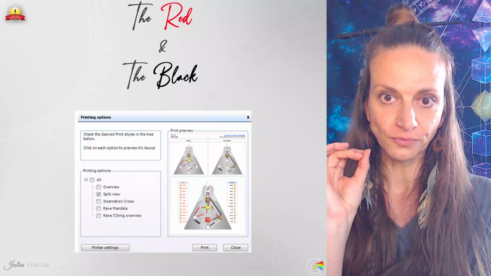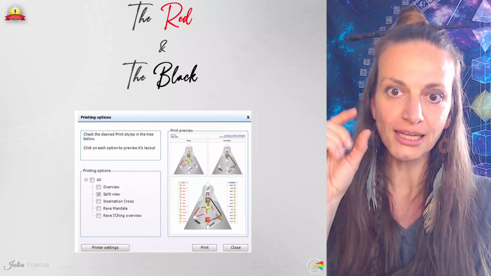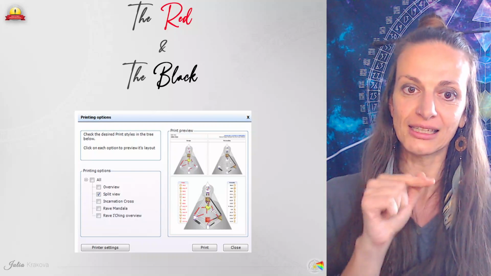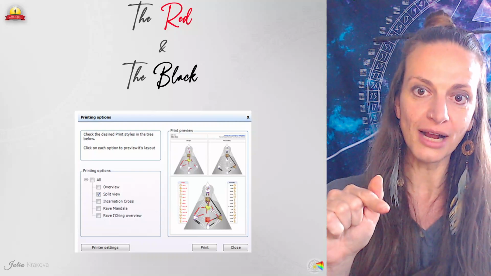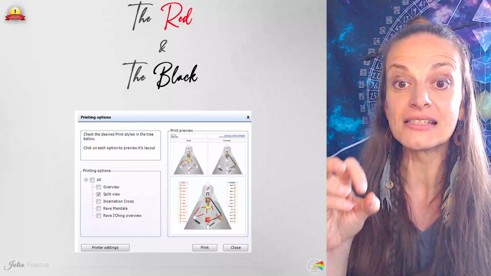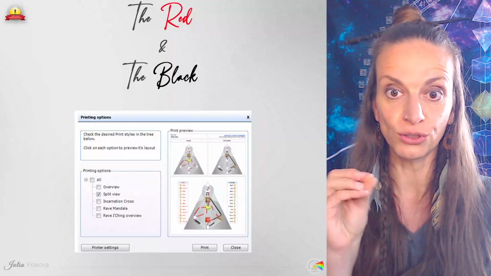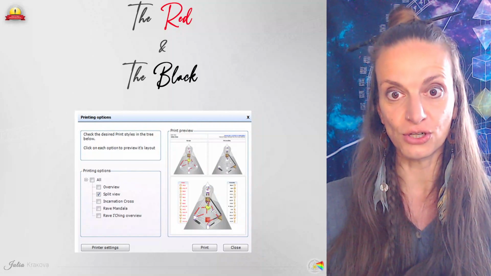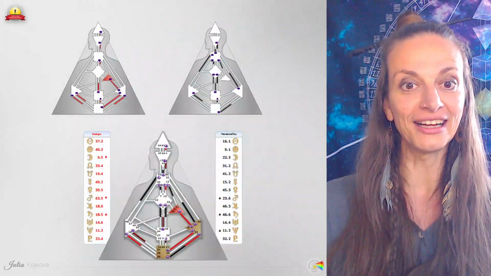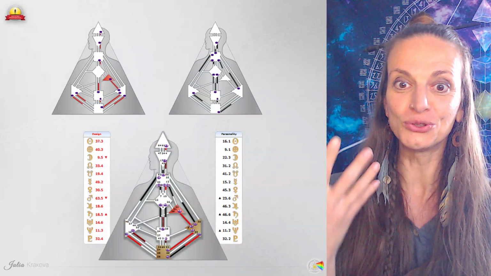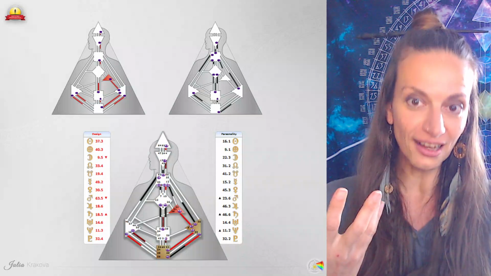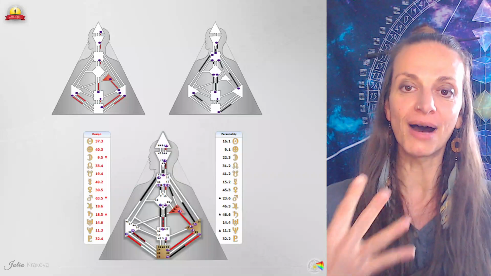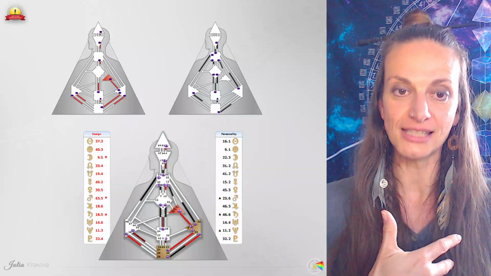And there you put the print, and you don't need to actually print it, but when you do so, it's going to give you this option. When you press the print button, it's going to save a PDF on your computer. So that's how you can have this version. But honestly, I would prefer that you would do it the first time yourself with a red pen and a black pen, so your body incorporates that, as I said before.